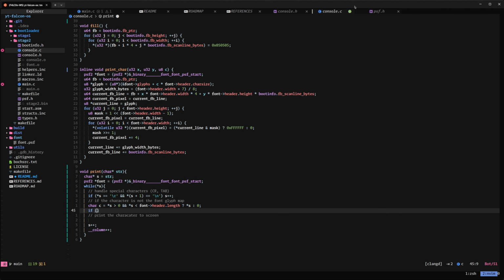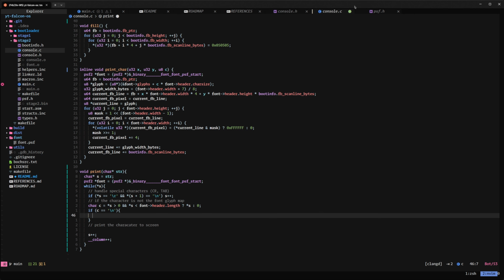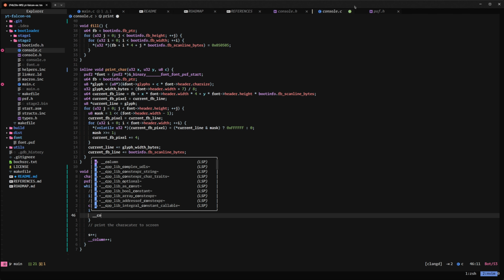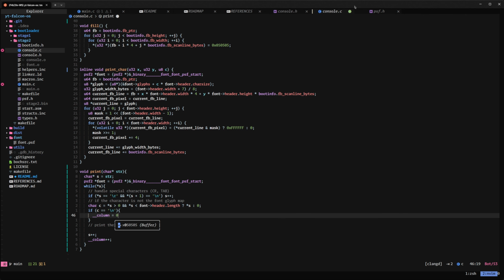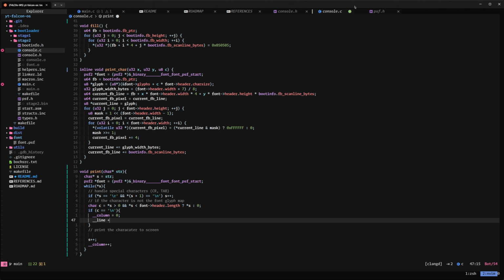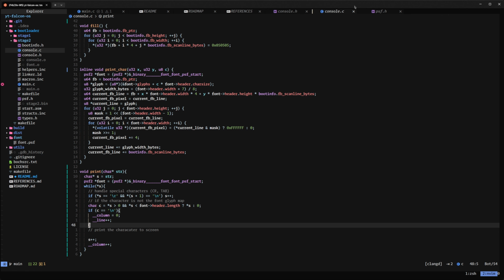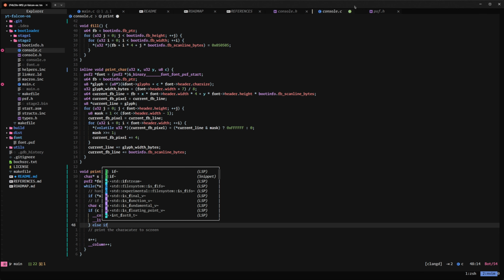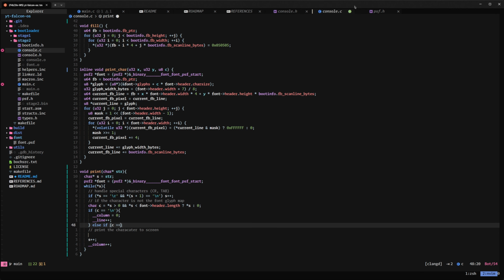So if c now is equal to new line, the only thing we need to do here is set column to be 0, and we need to increment line to go to the next one, right? So line plus plus. Okay, so that's handled. Now, else, if we have our character that is a tabulation, a tab,